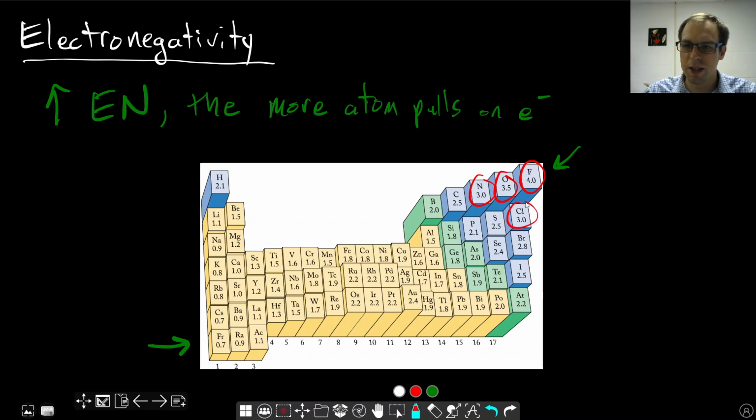As you can see, the trends here basically follow the same trends that we see for atomic size, and the reasons are the same. As we go left to right across the periodic table, the effective nuclear charge increases, and that's why these atoms pull on electrons with more force, and so why their electronegativities are higher. And as we go down the periodic table, the electrons are further away from the nucleus. We have more core electrons that are shielding those electrons on the outside, and so they pull a little bit